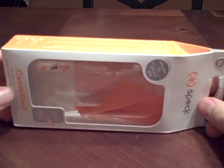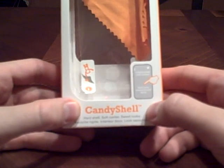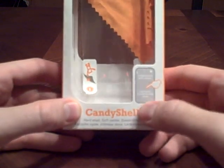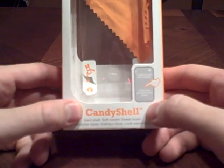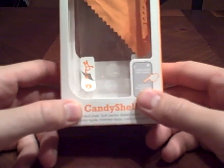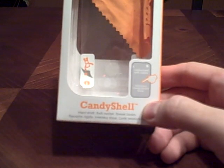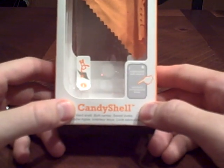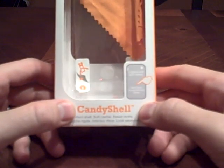This is my review of the Speck Candyshell hard case for the iPhone 3G and 3GS. I bought this case about 2 weeks ago for my new iPhone 3GS, and I did a lot of research before I bought a case. I basically researched cases for 3 or 4 days and just came to the conclusion that this was the best